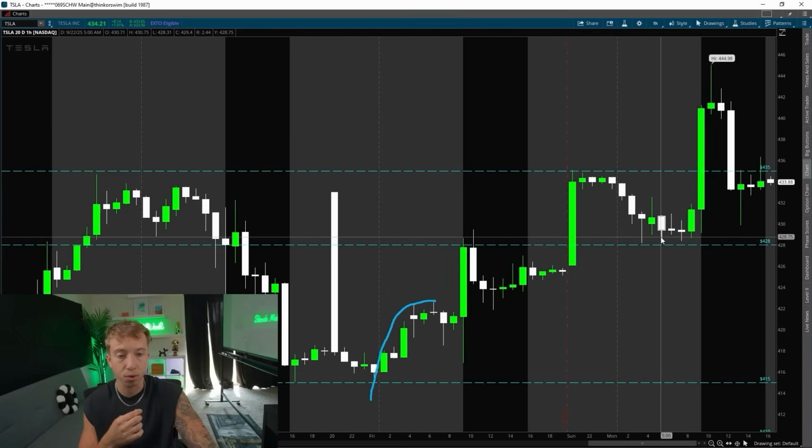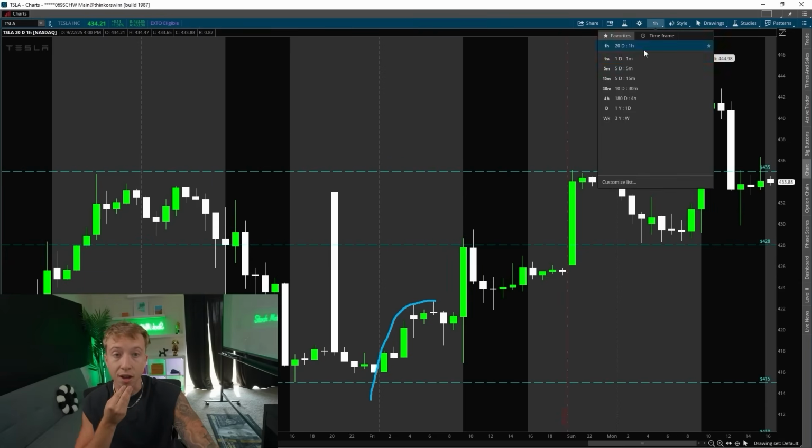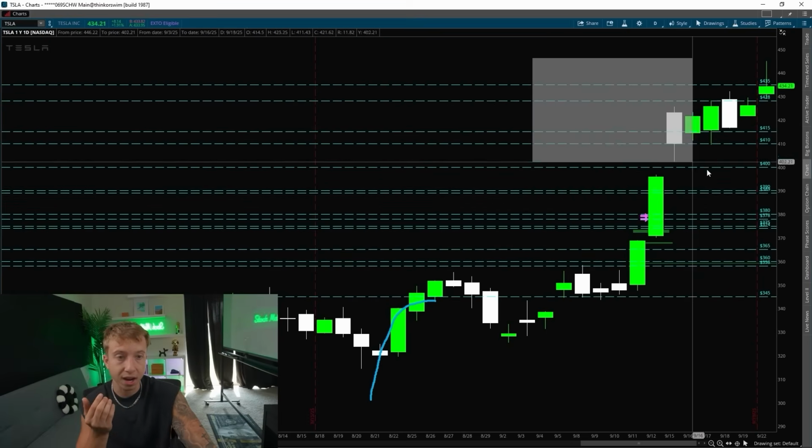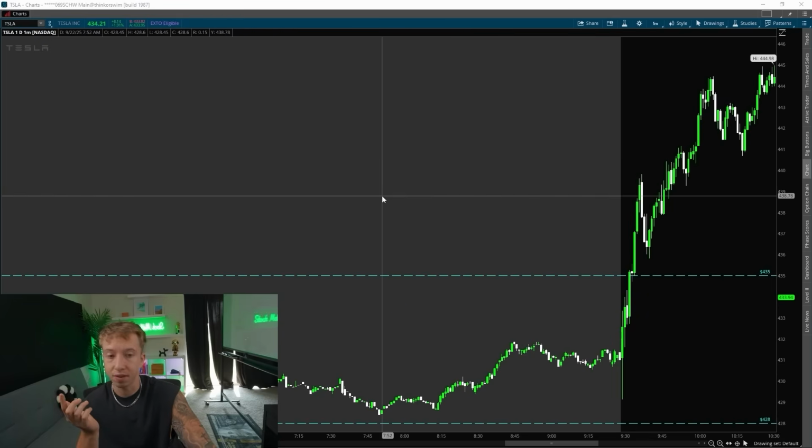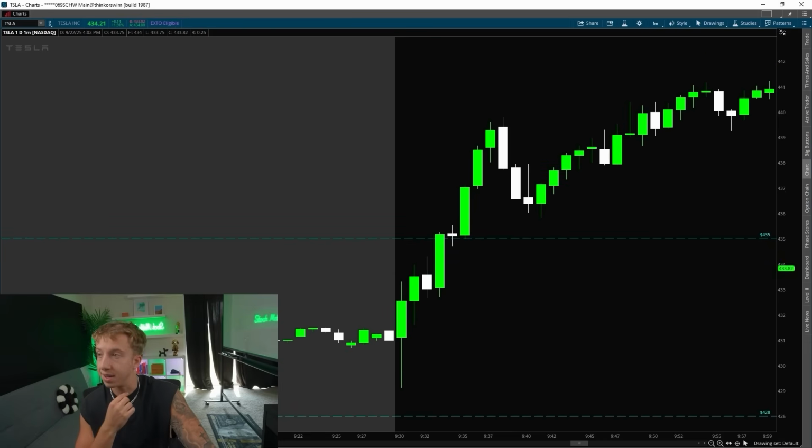It's bouncing off this 428. It looks really good for this upside. The daily, we're breaking out of this little consolidation area, which is great. So we have all of the higher time frames looking good. This is all looking good. The next step